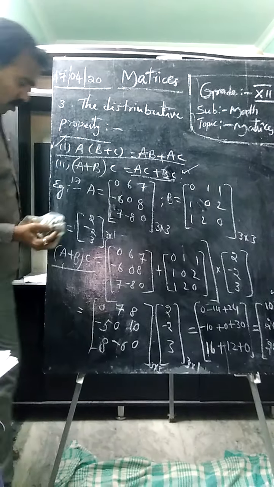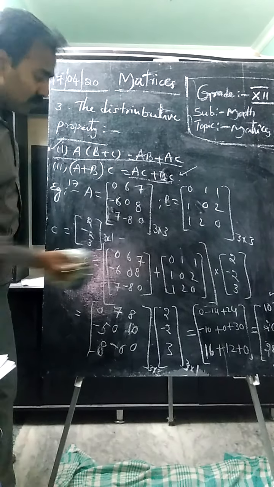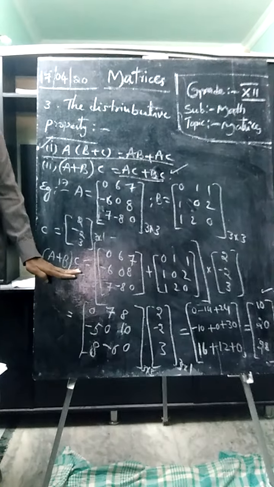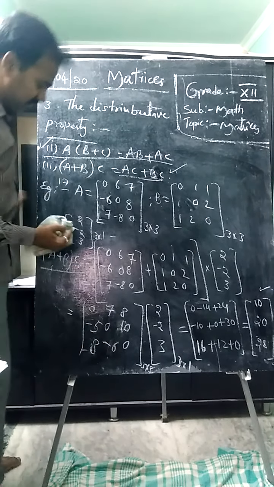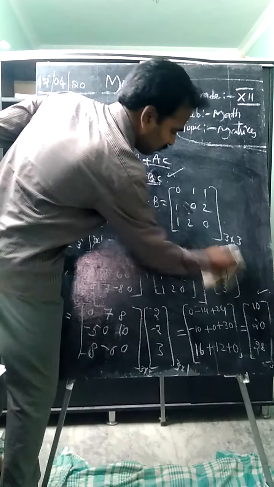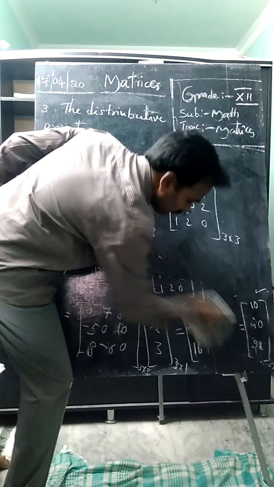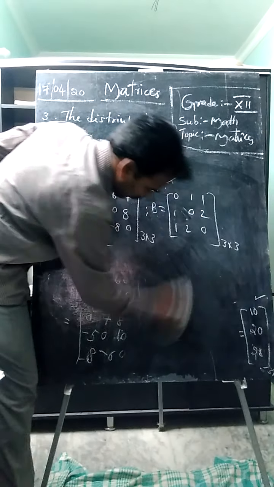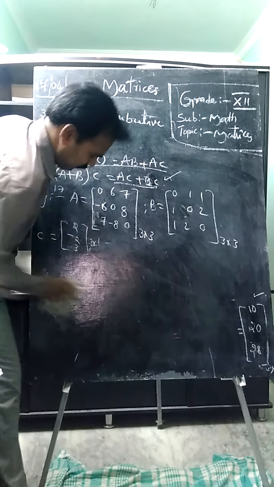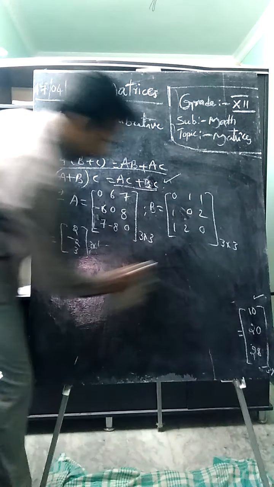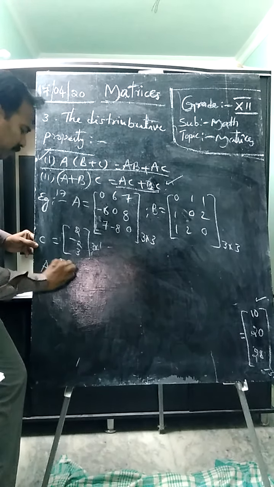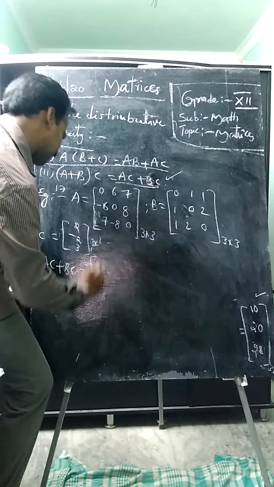Yes, students. Now we have this one. Observe the final result: first we found (A plus B) multiplied by C and we got that result. Let us check whether it is possible or not, for whatever matrices we consider as per the distributive property. Let us find AC and BC separately and add, or else do it directly, that is up to you. AC plus BC, I am doing directly.